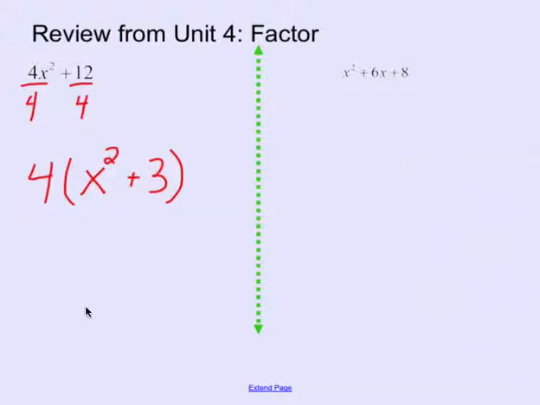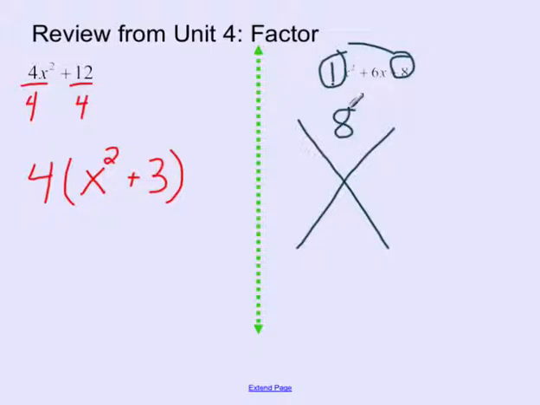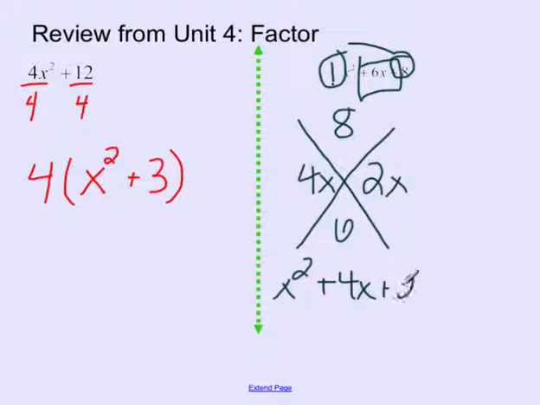All right, let's take a look at number 10. So now we need to set up the x. We're going to take 1 times 8, and that's going to give us 8. So we're multiplying to 8 and adding to 6. Well, what multiplies to 8 and adds to 6? That's going to be 4 and 2. So now I'm going to split up this 6x, and I'm going to put an x with each of those, so that I get x squared plus 4x plus 2x